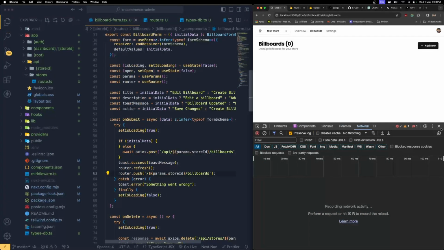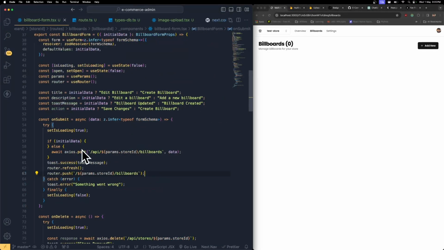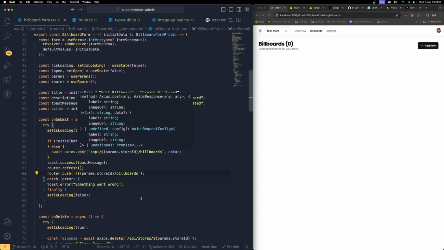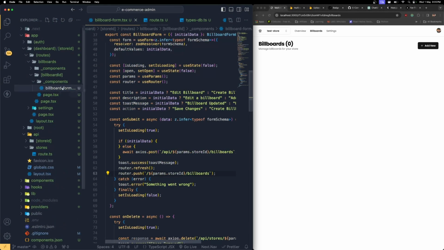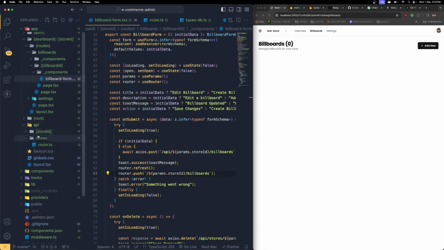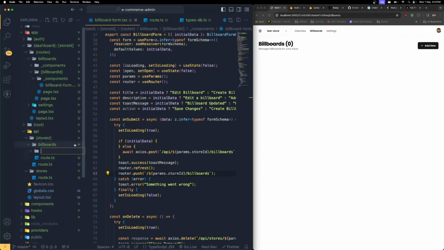So now we have to do the same stuff, exactly the same thing we did, but instead of the POST method, we have to do it for the PATCH method, right? When you're trying to update, what we need is the billboard ID, which means once it comes inside the store ID and once it comes inside the billboard, I need to create one more route over here called